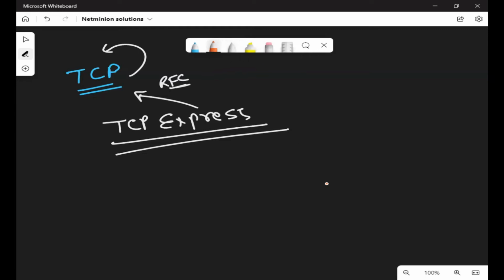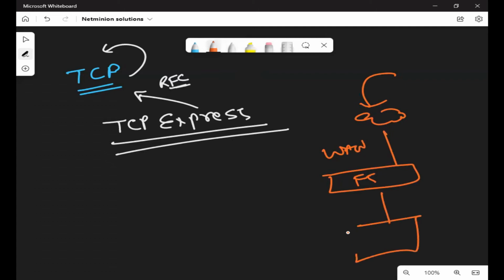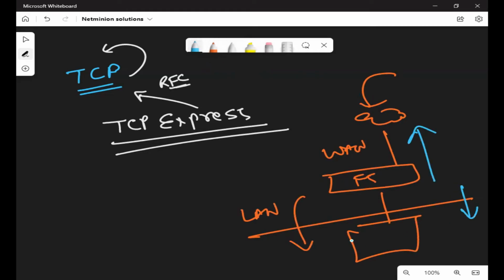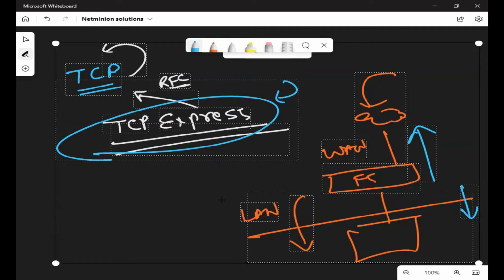What is the WAN and LAN side? Let us say this is your F5. If traffic is coming from the internet, it is the WAN side. If it is going to your DC, it is the LAN side. So both towards the WAN side and the LAN side, how your traffic should behave in congestion, that kind of thing in TCP/IP, I'm talking about especially. That is very much improved in TCP Express. This is a term which F5 people used. Got it? Yes or no?